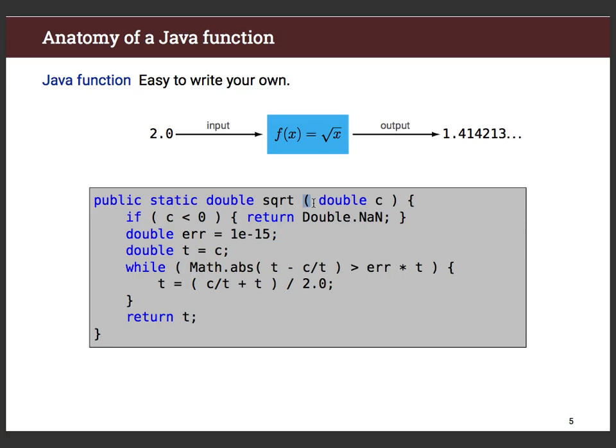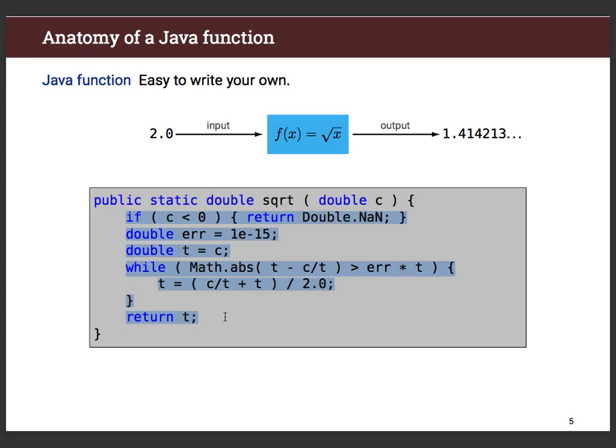Open parentheses, then a list of all its inputs, and a close parentheses and braces. And inside the braces, we indent. That means we push everything inwards a little bit using tab or spaces so that we can clearly see it's inside the braces of the square root function. And inside here, we can write whatever code we want. And in this case, we wrote exactly the code we wrote for